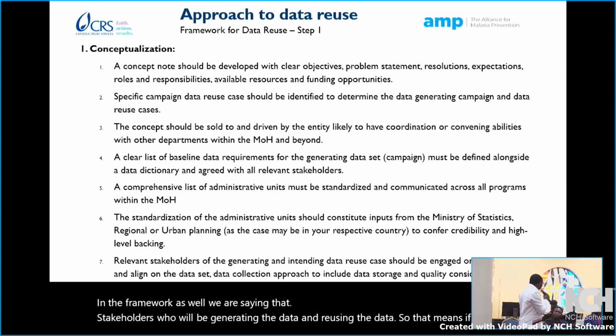So this means that in the context of adapting this framework in your country context, you should try to look at these things. If not, you would face a lot of challenges with this adoption.